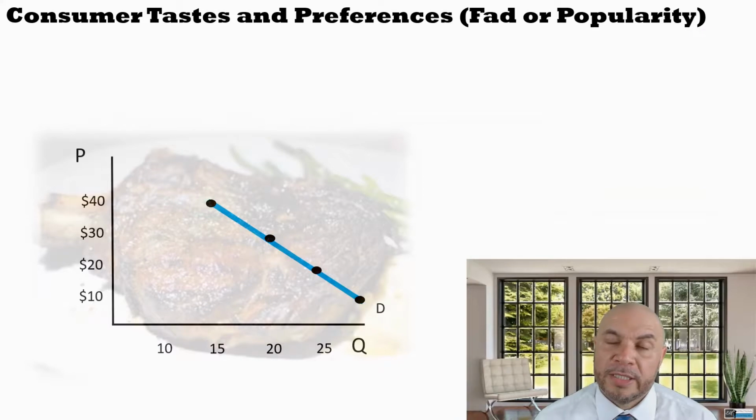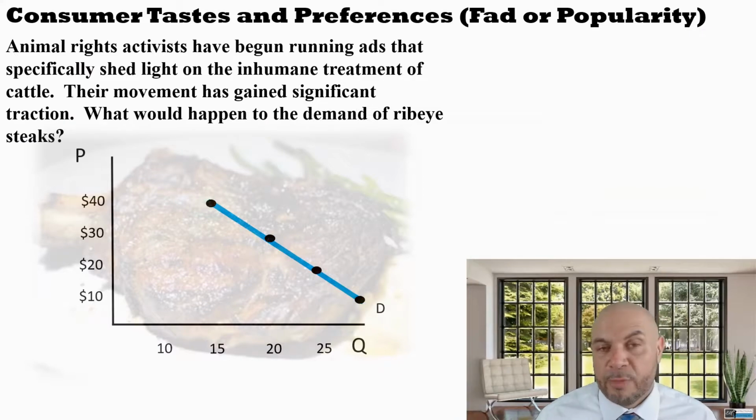All right, so on the flip side, still sticking with consumer tastes and preferences. Remember, fads or popularity, how popular a good or service is versus how unpopular it is. If it becomes more popular, of course, the demand is going to increase. If it becomes less popular, of course, the demand is going to decrease. So let's take a look at the next scenario. Animal rights activists have begun to run ads specifically shedding light on inhumane treatment of cattle. Their movement has gained significant traction. What would happen to the